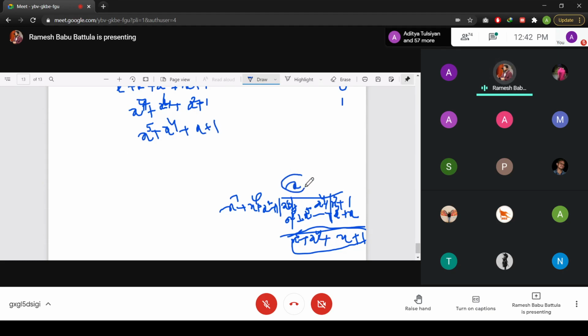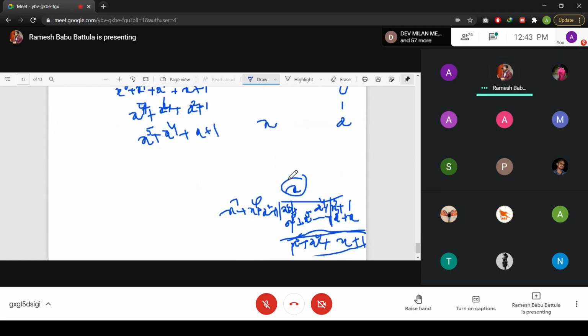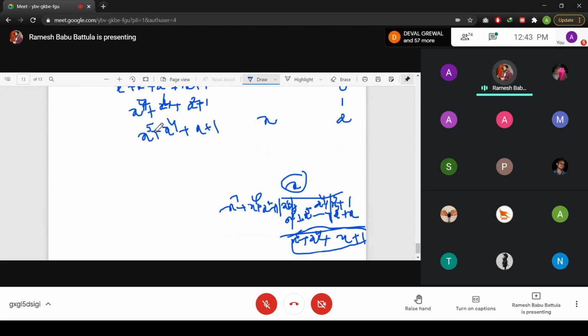And what is the coefficient value here? This is the coefficient value. Then what is the formula we need to use? Previous to previous, XOR with previous a of x into coefficient of x. Then x into 1 is x, XOR with 0, x only. Next, you need to perform the same way. You perform the operations, compute your a of x value, and continue till that remainder value is going to be 1. If the remainder value is 1, the corresponding a of x value is going to be your multiplicative inverse value.